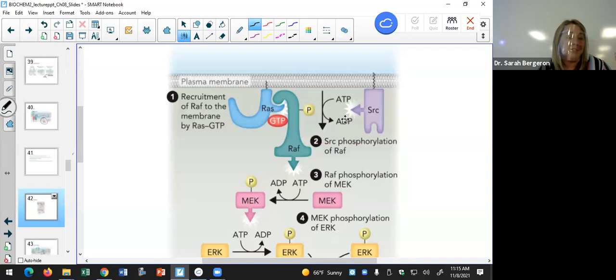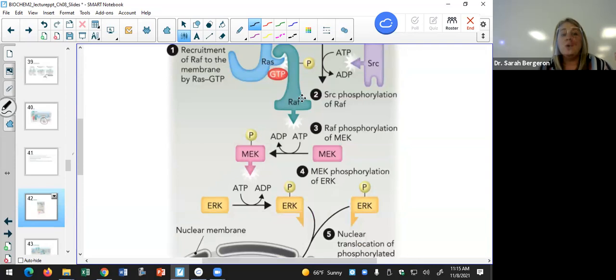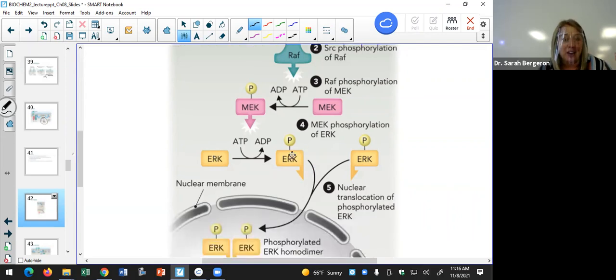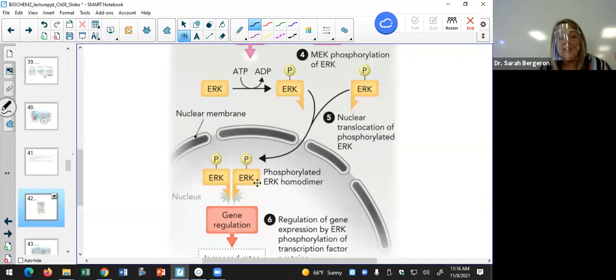SRC is a kinase, right? So we're going to see all of this kinase activity. So now that RAF is phosphorylated and active, it is going to go and phosphorylate another kinase. That kinase is MEK. They have to be abbreviations for everything, right? So MEK becomes phosphorylated, activates another kinase. This kinase becomes phosphorylated. It goes to the nucleus. Once ERK is phosphorylated, now it can go into the nucleus, and it is actually going to phosphorylate transcription factors,